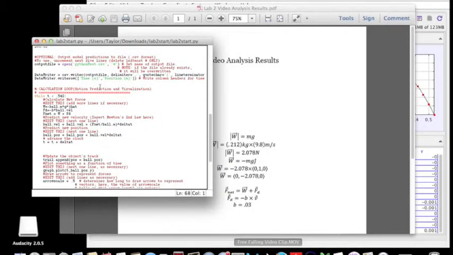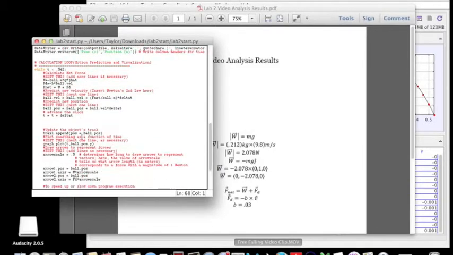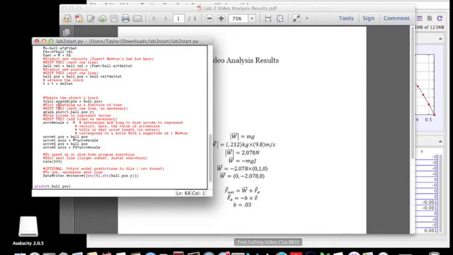If we go to the calculation loop, this trial was run in 0.542 seconds. Here is our momentum principle, with the weight force, our total force combined from the weight force and the drag force, and here is Newton's second law with our predicted velocity and our predicted position. We also have arrow scales here to show the direction of the force as our program runs. If we run our program,